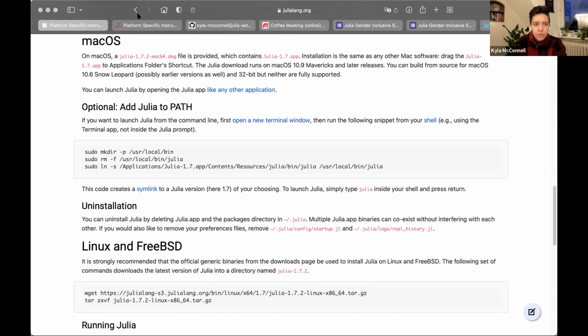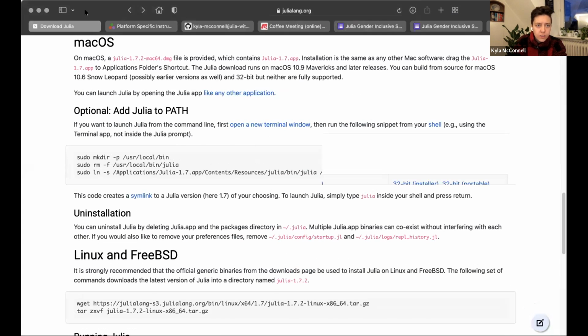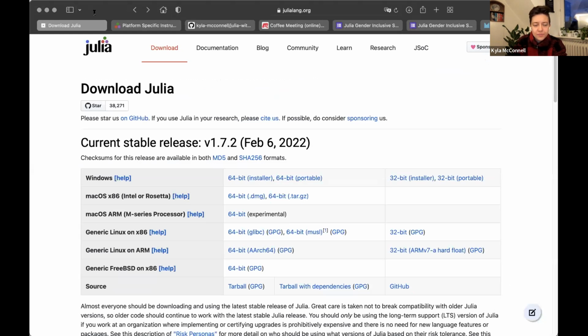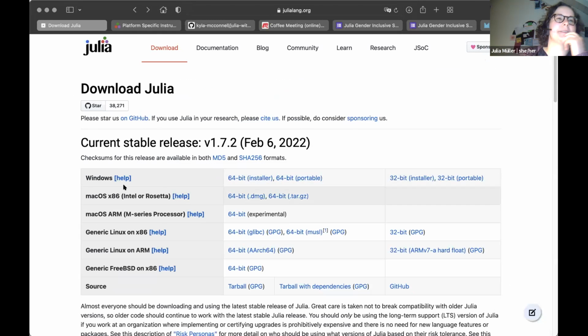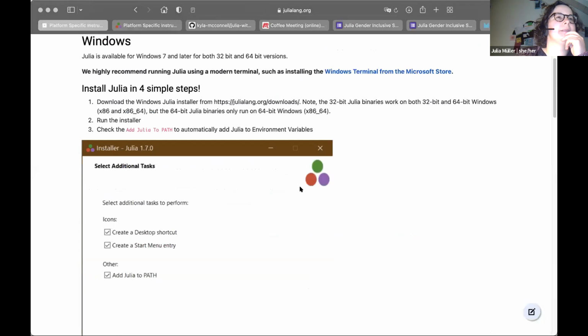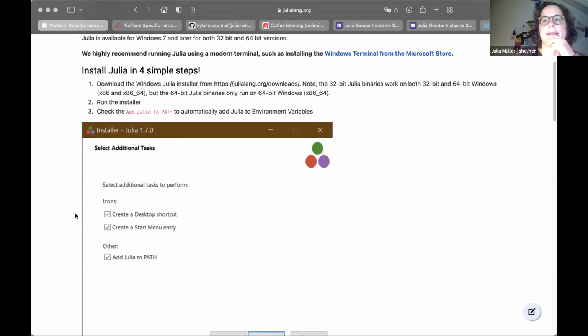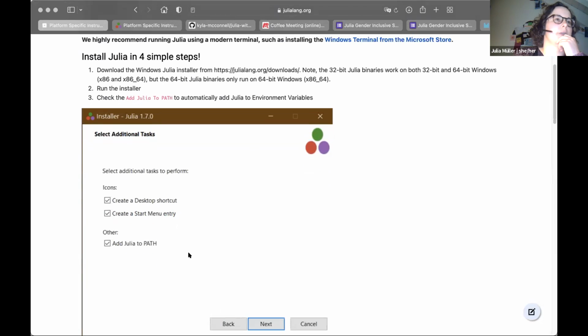And I believe Julia here is on Windows. Is there anything special to say about Windows? Well, if you click on help next to Windows as well. For Windows, you just download this installer, save it wherever you like, and then execute it. One thing I'd like to point out is that there's a screenshot here of what the installer is going to look like. There are two options, creating a desktop shortcut or start menu entry.